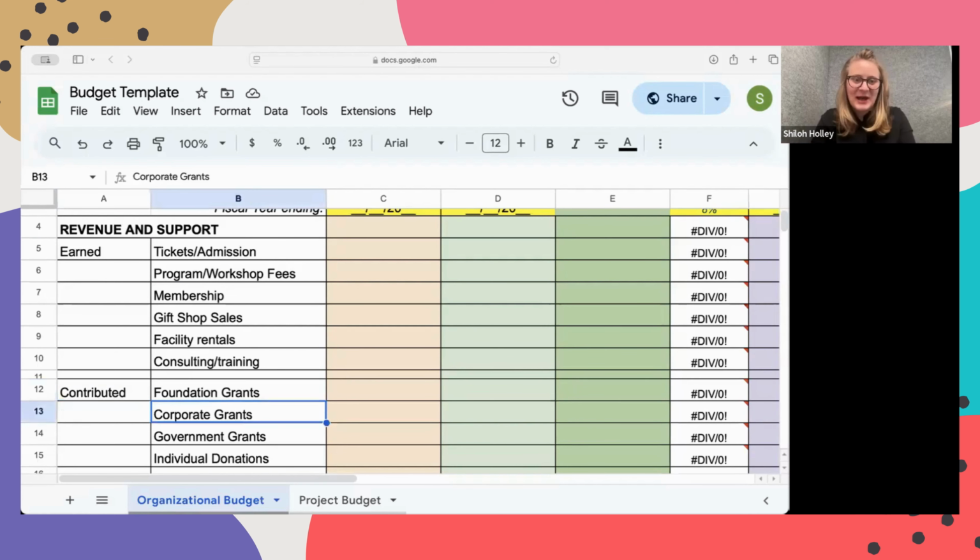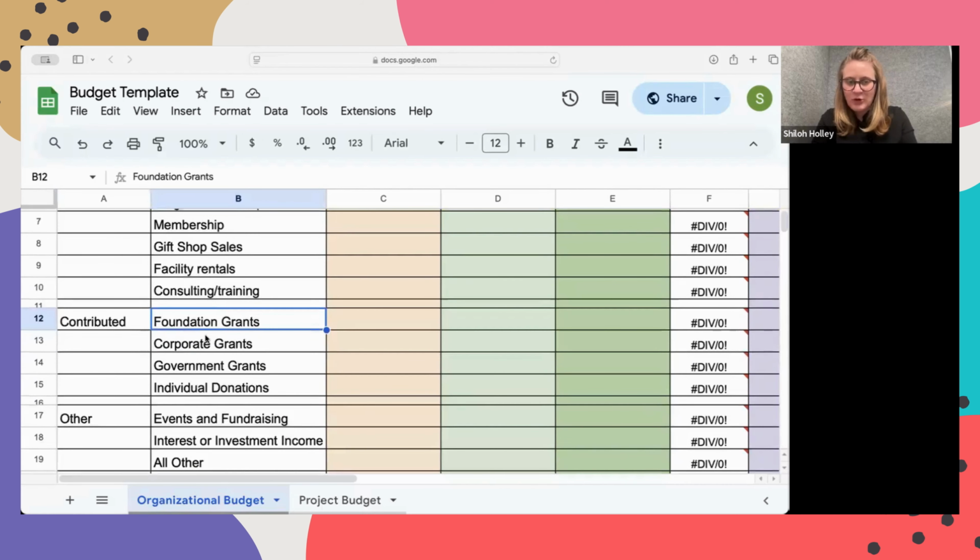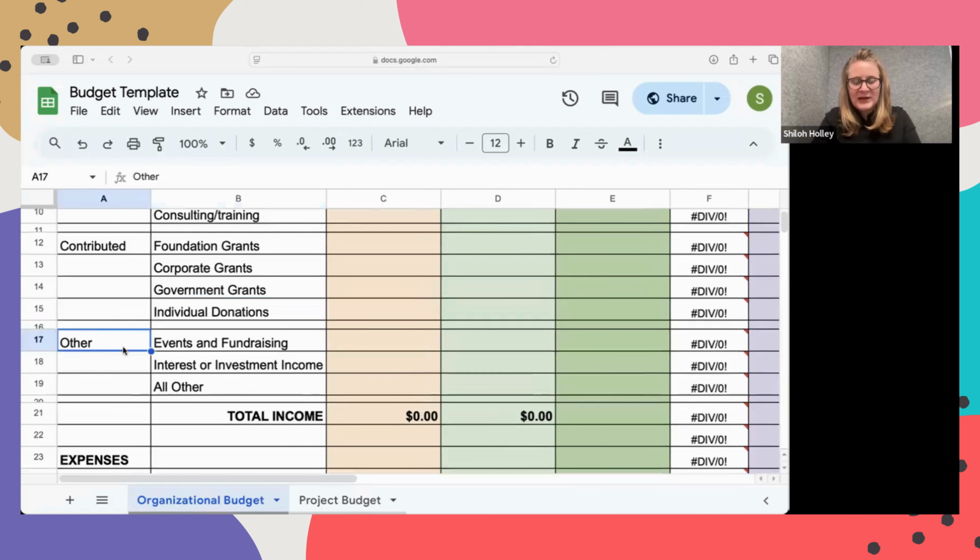Sometimes budgets have the grants broken down into type. You can combine them. It's kind of up to you. There's foundation grants. The bulk of your grants will probably be coming from here. Corporate sponsorships or corporate grants, like from a bank or an energy company, government grants, and individual donations. So if you run an end of the year membership campaign or annual giving, you typically would put them in here. And then the other categories,